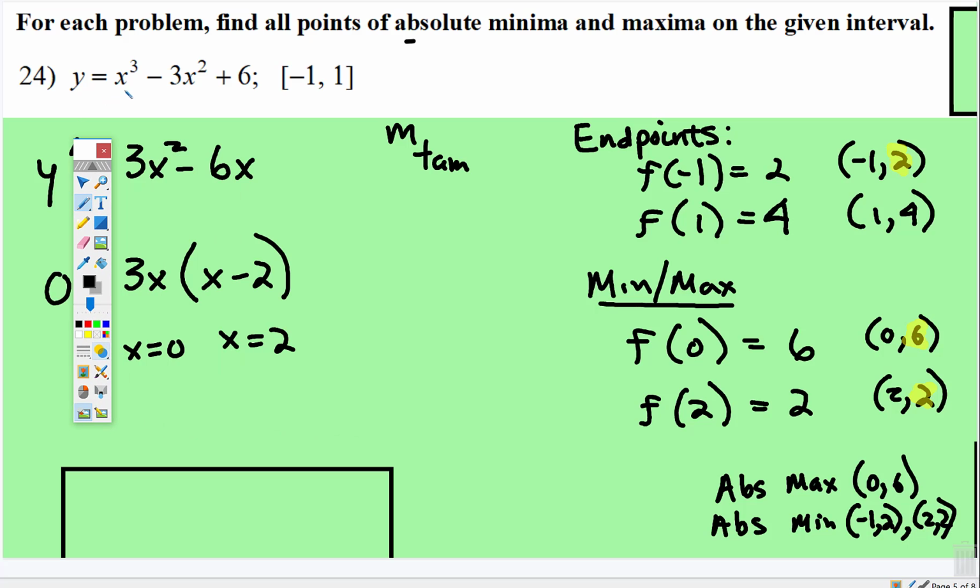Remember, this is a cubic function. So a cubic function, let me see if I can figure out how to draw this very well. I'm not going to draw this very well on the fly. So if you put that into Desmos, you would be able to see all those pieces, and I should have done that. All right, that's it for